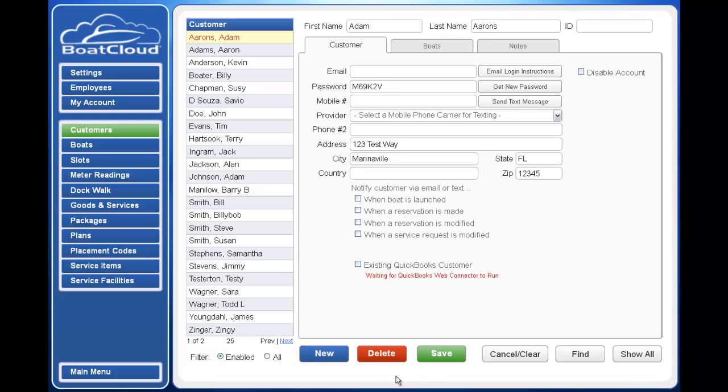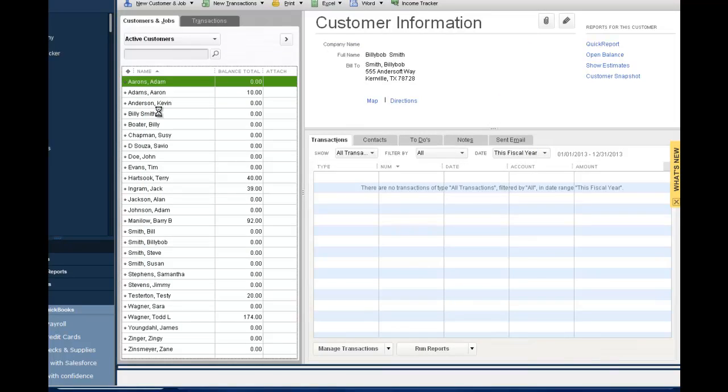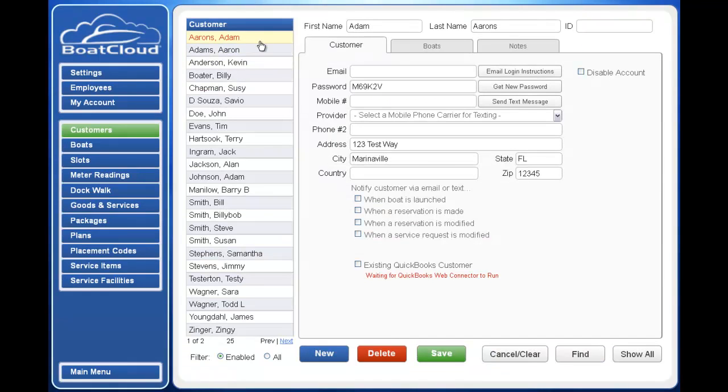And I'll go ahead and pull open my QuickBooks 2014, get back to my customer list, and here's Adam Aarons has been successfully added to our customer list, complete with his address, 123 Test Way, Marinaville, Florida, 12345. I'm going to jump back to BoatCloud and refresh the screen. You'll see that Aaron Adams has turned black, and he has been successfully paired with a QuickBooks ID. This is the magic number that runs behind the scenes in QuickBooks to post all invoices and track everything related